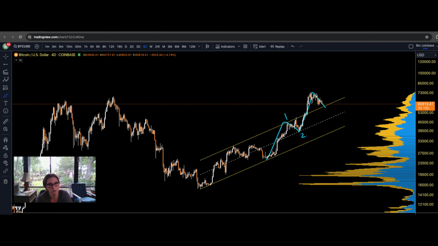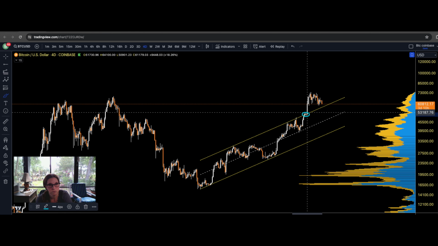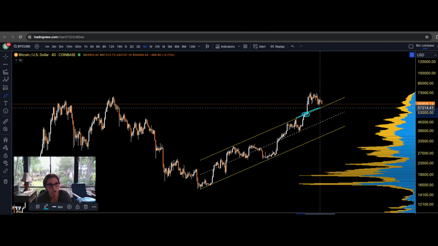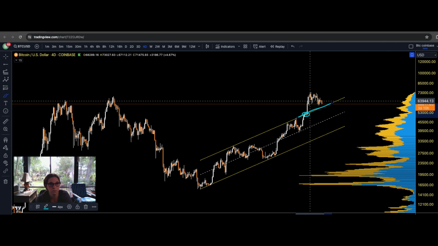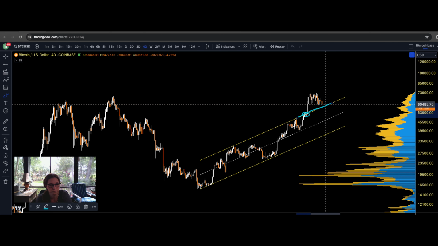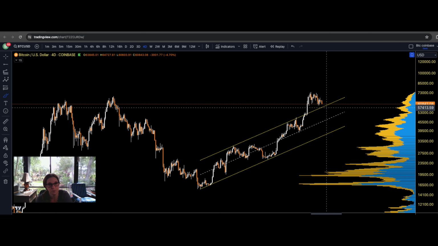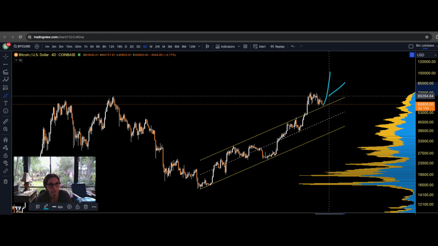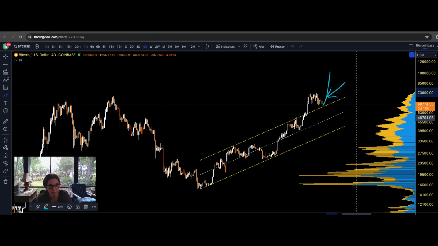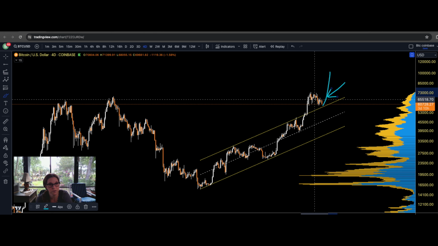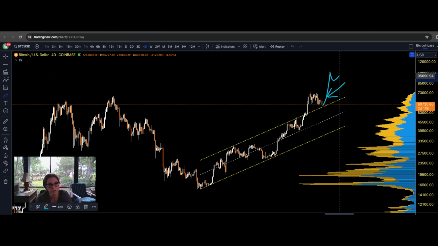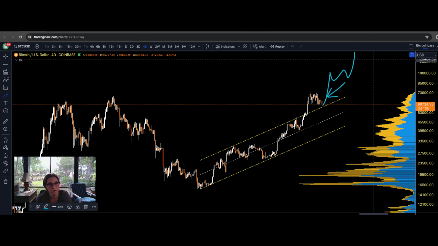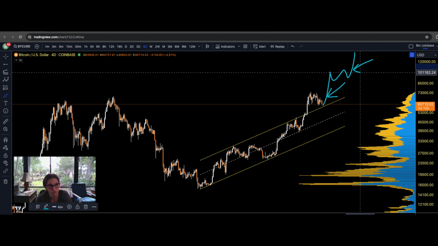Now, which wave it is in is a big debate. None of that really matters. What matters the most is that this correction holds, preferably this channel. We'll talk about this a little in depth when we get into this correction here. Now, if Bitcoin can hold this channel and push to the upside, this becomes our new market structure break. At that point, this correction cannot be broken.